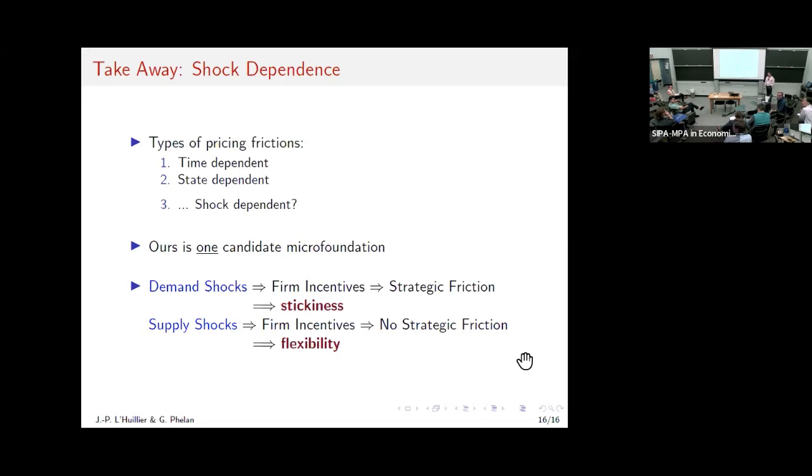Ludwig? I was wondering if you thought about a different model that gives you shock dependence, which has, for example, the kind of flavors that Hassan was talking about. You have multiple sectors or multiple Phillips curves. For example, you could have a wage Phillips curve and a price Phillips curve. To the extent that the wage Phillips curve is stickier than the price Phillips curve, you could have supply shocks that have large effects on prices because they're happening somewhere in between the upstream labor and downstream goods. Whereas if you have a demand shock, both Phillips curves are operating, and then it's flatter. Might be interesting to contrast your model with the prediction of them.